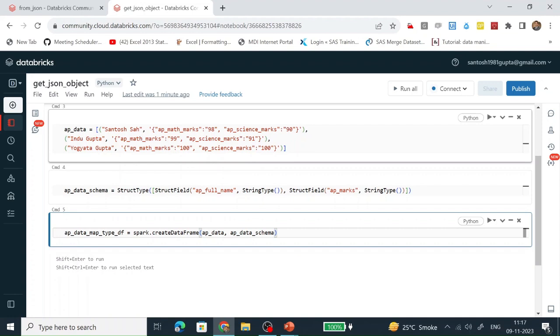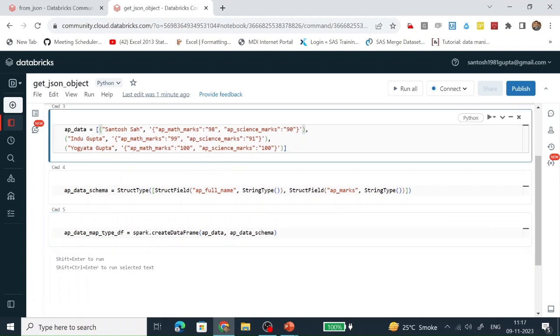What I'm going to do here, I'm making one more JSON structure known as AP marks, and we are storing this whole content in this particular object. Let's copy the same thing. Here we are going to put it into curly brackets.